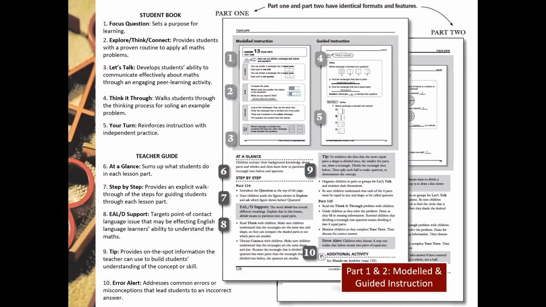Number 7, STEP provides an explicit walkthrough. You have ESL support there, explaining targets of point of contact language, which may be affecting English language learners' ability to understand the maths. Number 9 is tips on the spot information to help you. Number 10 is error alert. You will get this with every part of the instruction. As you see there, number 10 says, children who chose number A may not realise that halves mean 2 parts